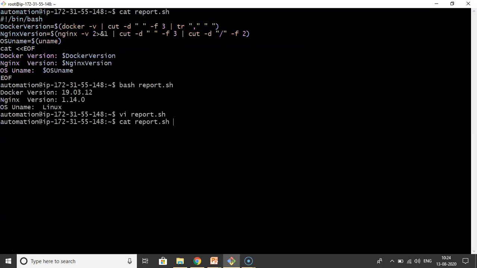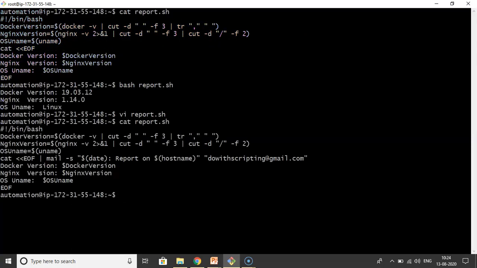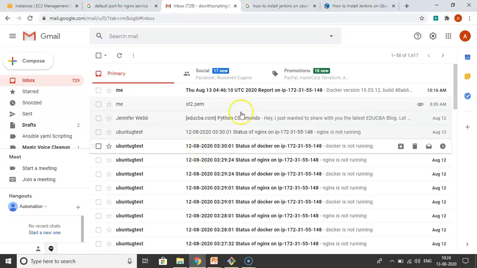Now this is our shell script. Actually, on every Friday we need to send this report to your compliance team. So on every Friday I will run this shell script. Simply now go to your mailbox and see the result. Just wait or refresh your mailbox.